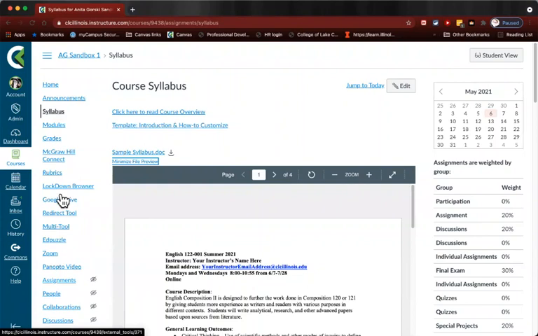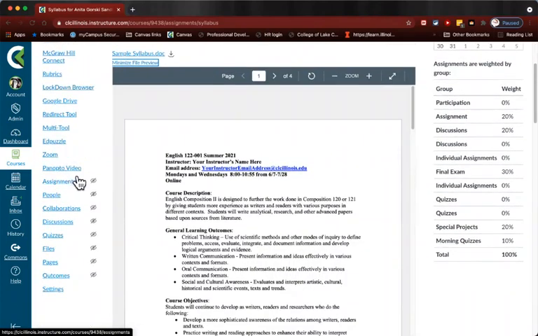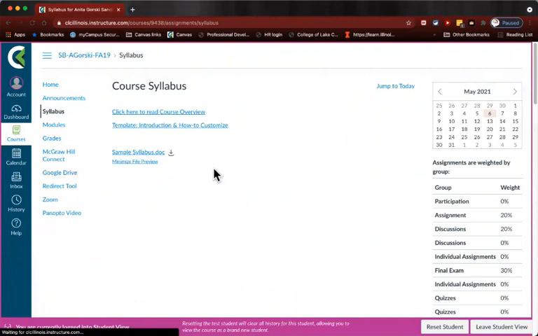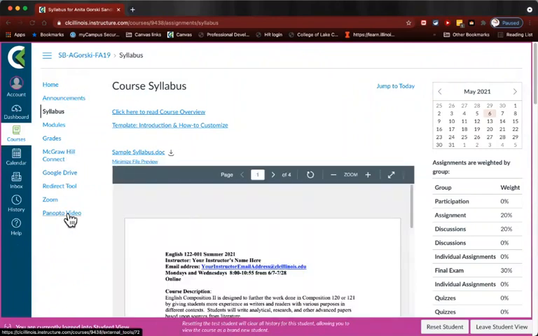And this menu might actually be different from course to course to course because your instructor has the ability to turn some of these links on and off if he or she doesn't use them. As a matter of fact, if you look at this course, I'm actually in the instructor view right now. You'll see all these icons that have this little eyeball with the line through it. These are actually not visible to students right now. So if I looked at this from the viewpoint of a student, you can see that my course menu actually looks very different. This might be what your course menu looks like.